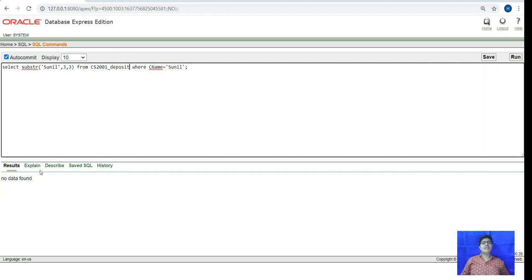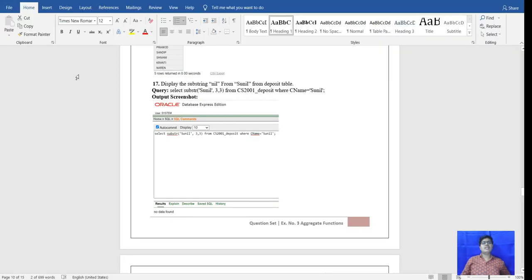It will show no data found, because it will not show the substring.